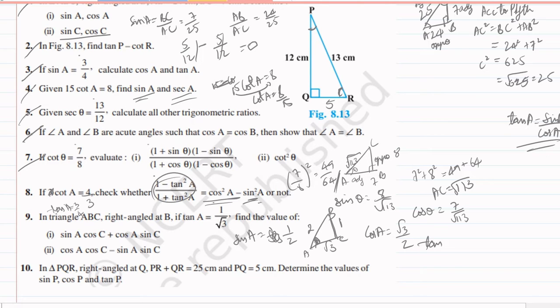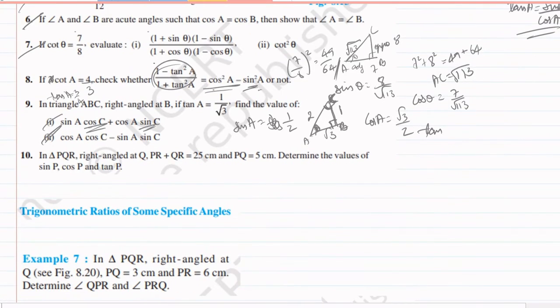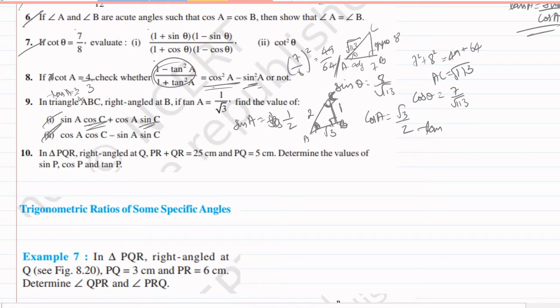So you'll get this. So from here, this will be our B, this will be our C. So find the angle from here, find the cos value and sine value according to angle C, then you can solve this. If you have any doubt, DM me on Insta, I'll be sending you solutions. And 9, the same, find all the values from angle A and angle C. Always remember, we can't find any trigonometric ratios from right angles. So this is kind of complicated.